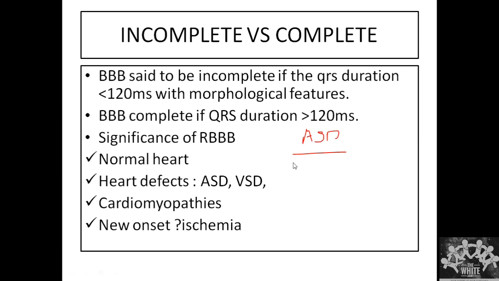So now how to diagnose all of these? You can diagnose to some extent based on the ECG itself. Echo definitely is diagnostic, but you can at least suspect. All of these will have a right bundle branch block, which will be incomplete, an incomplete RBBB. Along with that, the next thing you look at is the axis.